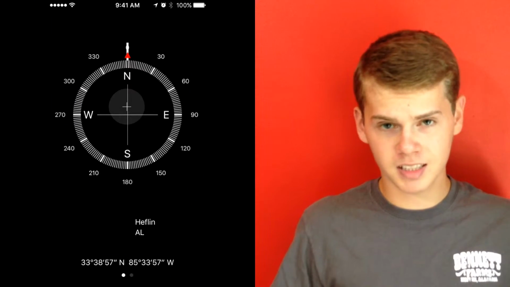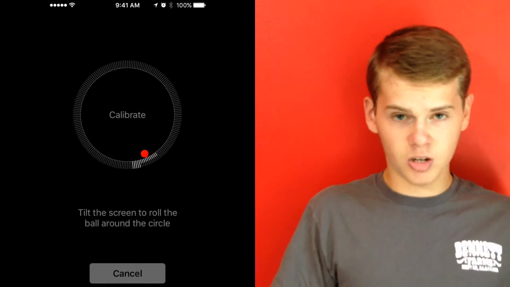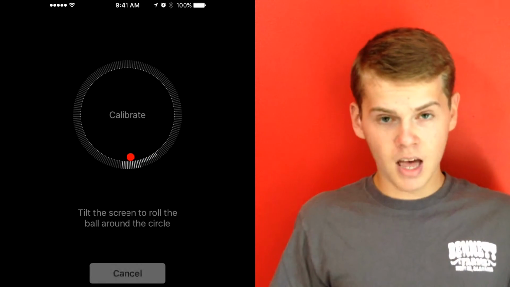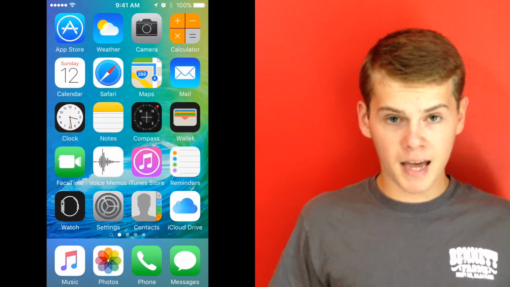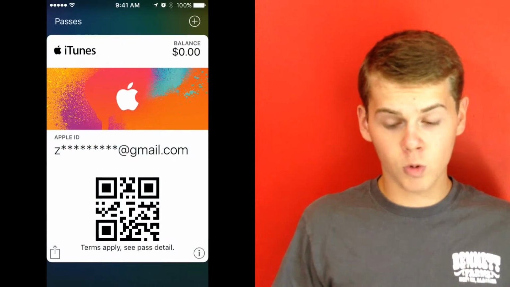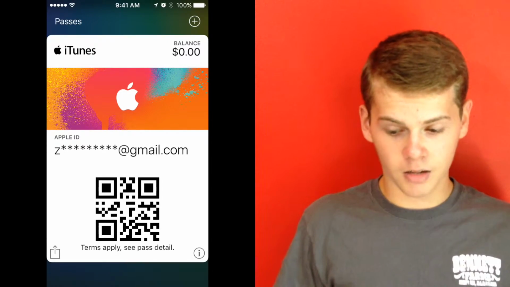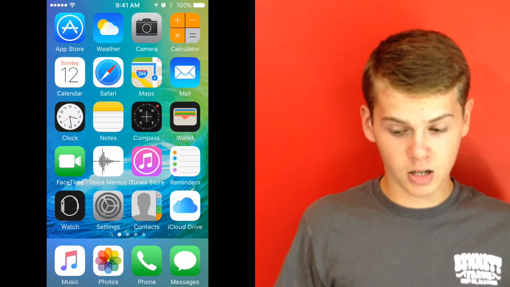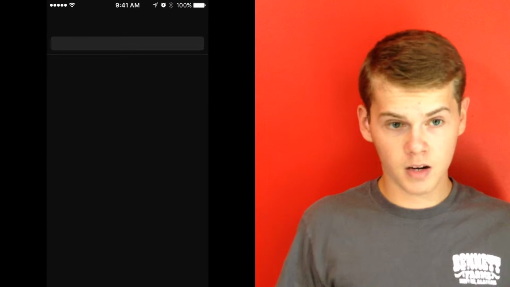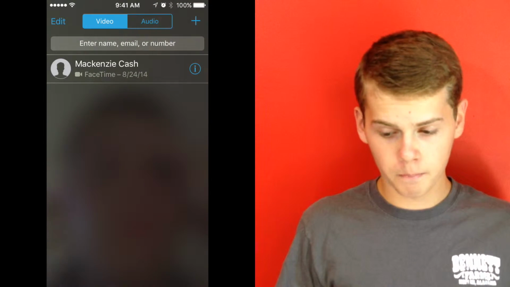Compass is pretty much the same. There's not really any differences. You still have to calibrate it, which I didn't want to do right now, so I just skipped that. But it is good to calibrate it. Passbook has been changed to Wallet to include more passes and store cards, but it's still pretty much the same, other than the icon. FaceTime is another app that is very, very similar to the apps before it,